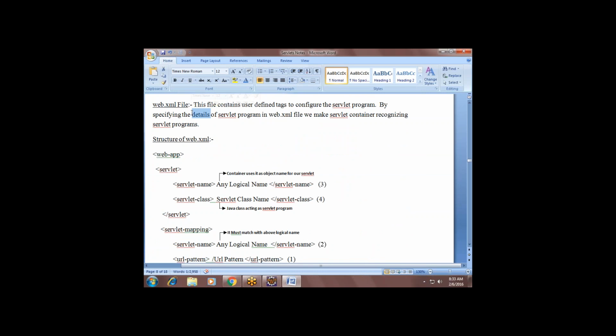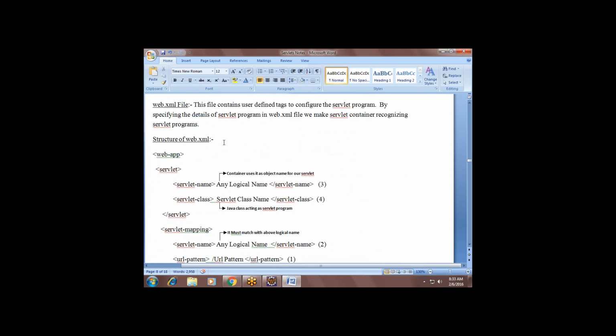This is a mapping file. We call it what? Mapping file for the client's URL pattern to servlet. Means what? Client, when making a request to a servlet, will not directly give the servlet name. He doesn't make a request with a direct class name. Understand?